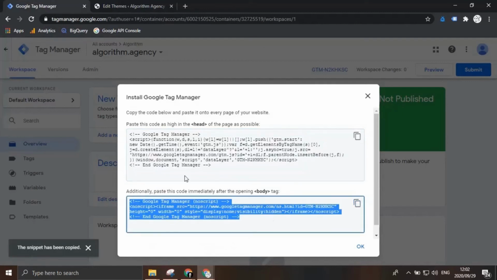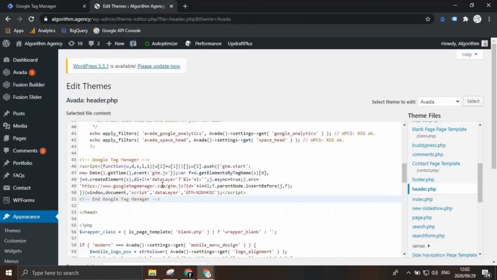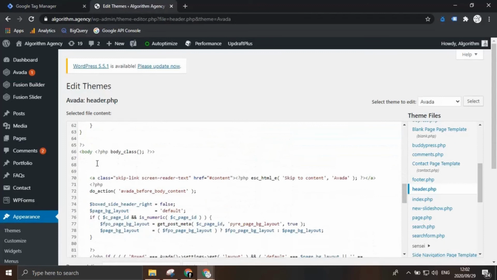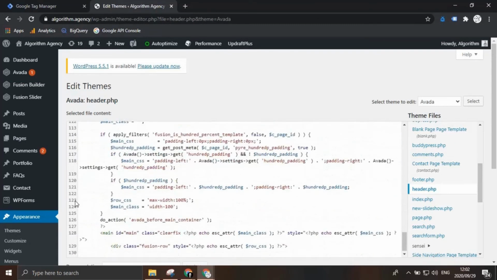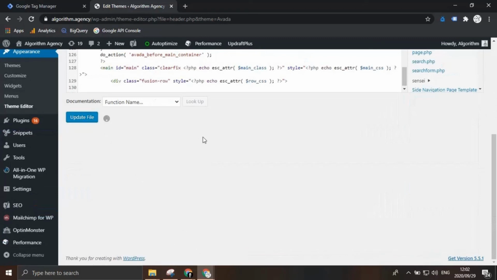And if at any point you do get stuck, they do include instructions here of where you need to implement this. So this one needs to go after the opening body tag. And scroll down, paste it in there, and then hit save. Now we've got Google Tag Manager implemented on our website, and we can go ahead and